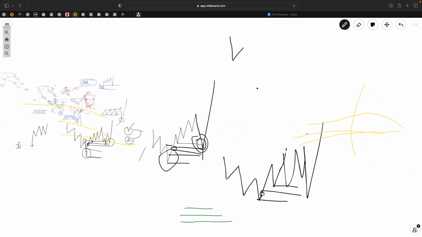Low, high, low, high, low, high, low. Your indecision candle right here. You mark it. Market came, dropped a base. Another indecision candle right here. Before they took out this guy, you mark it. Market now comes to the liquidity. Pay attention to this last explanation. This is your liquidity. Now you mark it.